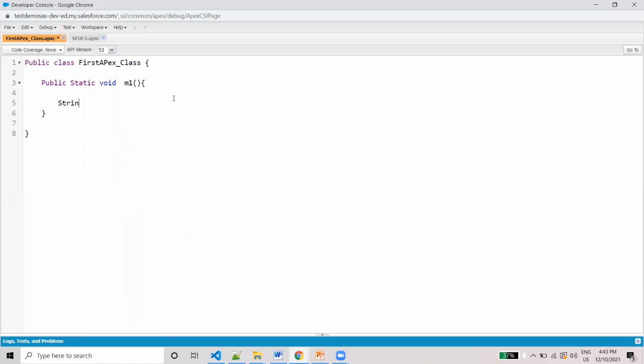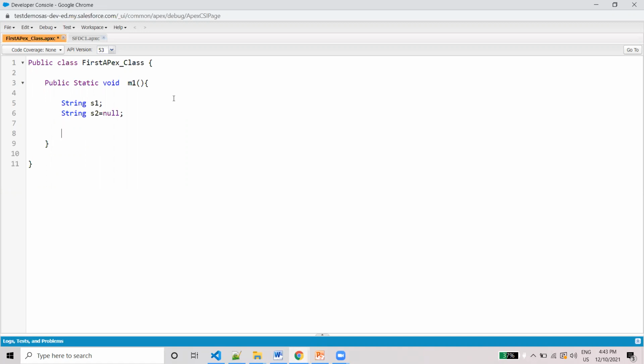I'm going to declare one variable s1, I'm making it empty, and I'm going to declare s2 equal to null.